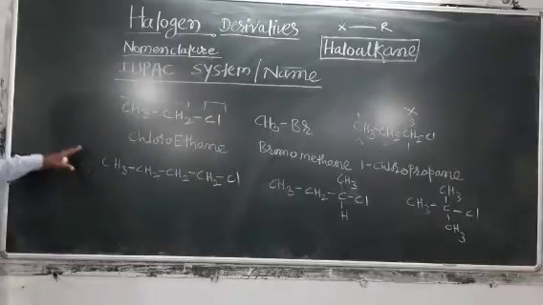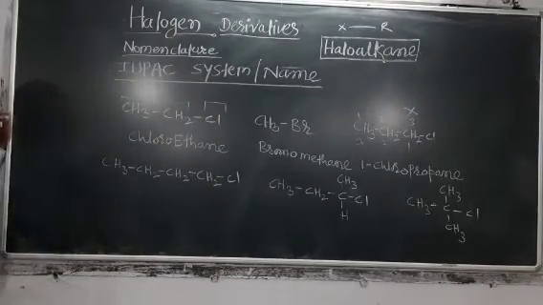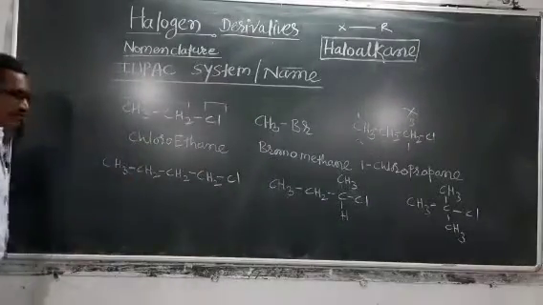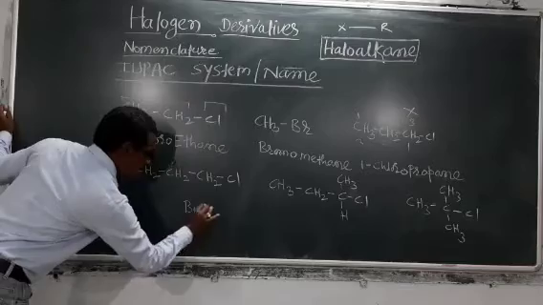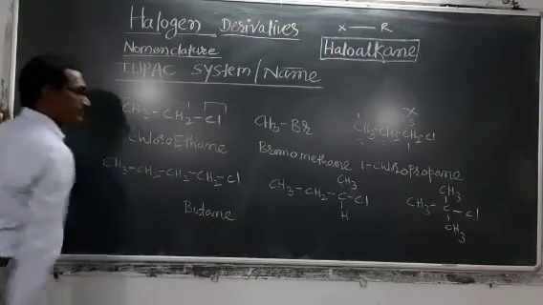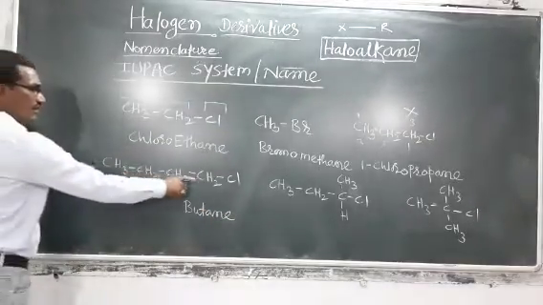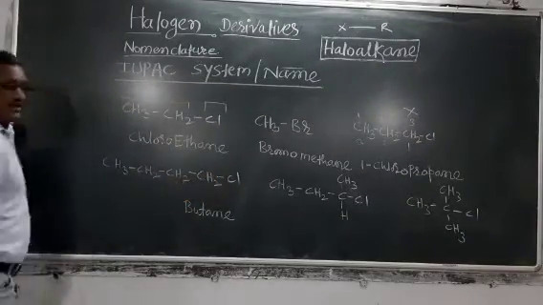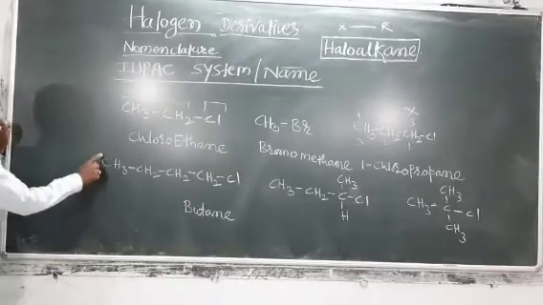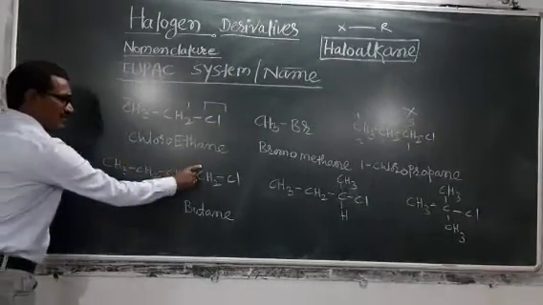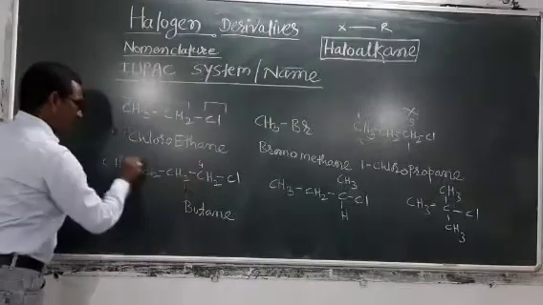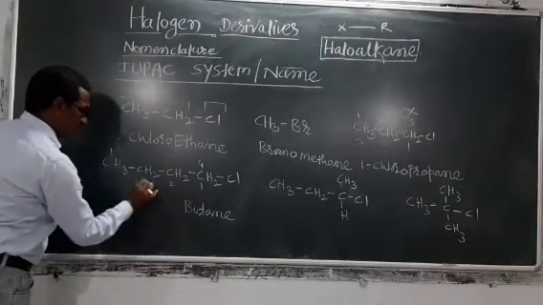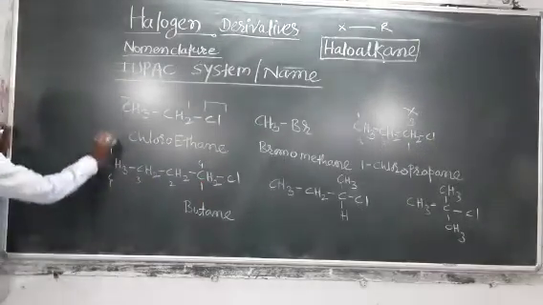Now we will give the nomenclature according to IUPAC system. What will be the name for this? This is of 4 carbon means butane. Give the numbering to the chain such that the carbon atom which acquires the halogen atom will get the lowest possible number. If suppose we have started from this end, this carbon atom will be number 4, 1 and 4. And suppose we have started from this end, it will be 1, means the correct numbering is this.